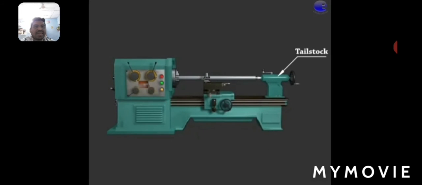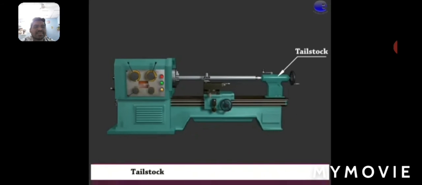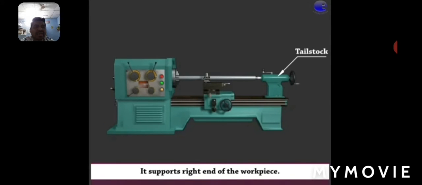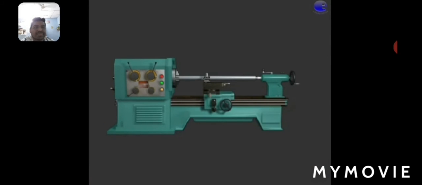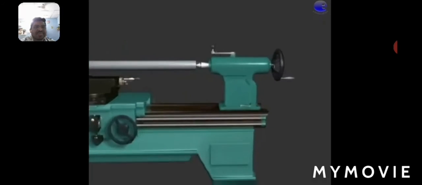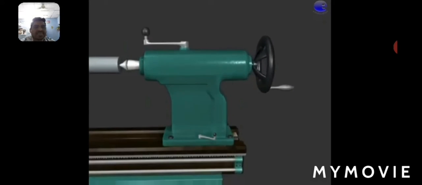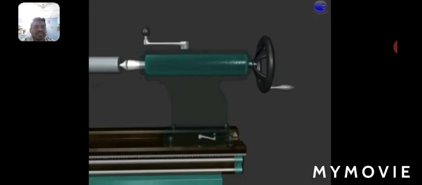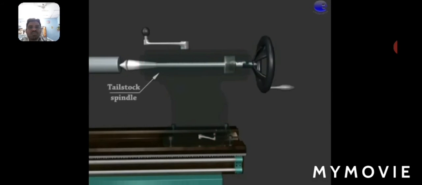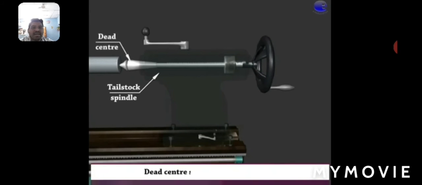So here we are seeing the tailstock. It is a non-rotating part which is used to support the lengthiest workpiece, which is on the right hand side. So that is nothing but a tailstock spindle, dead center supports.